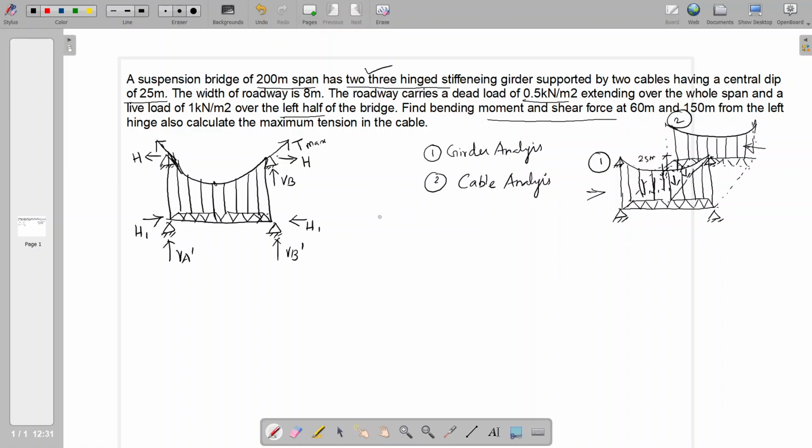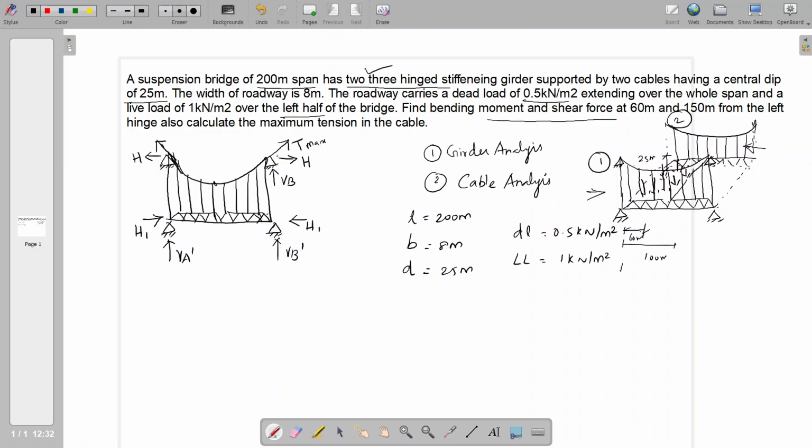So for that, the given parameters are length equal to 200 meter and width equal to 8 meter and dip D equal to 25 meter and dead load equal to 0.5 kilonewton per meter square and live load equal to 1 kilonewton per meter square, and our location for finding the shear force and bending moment is 60 meter overall 200, so center point is 100 meter, so 60 meter from the left hinge,